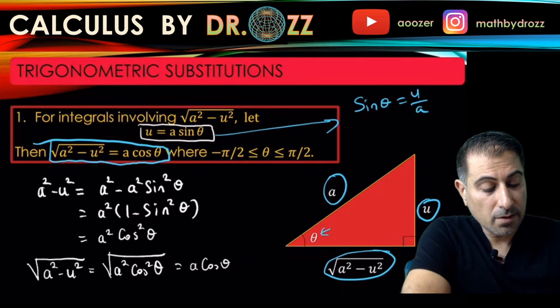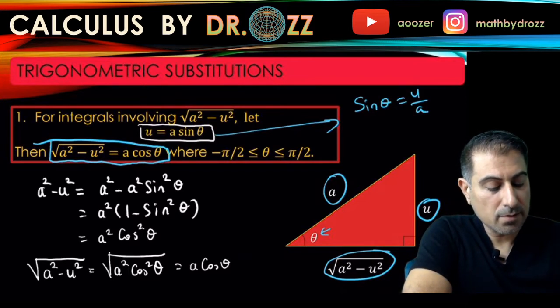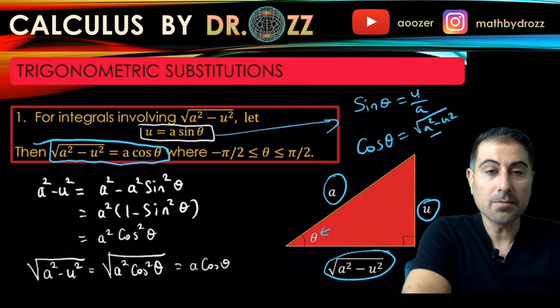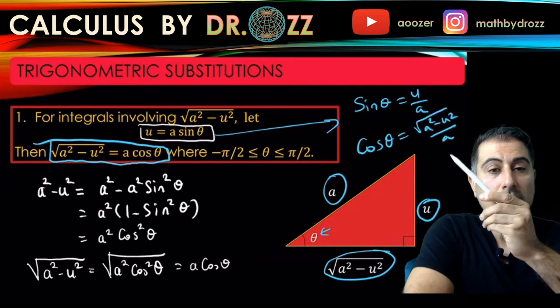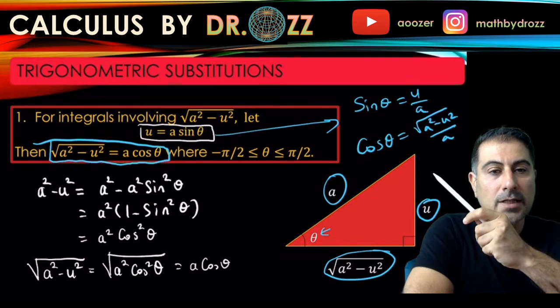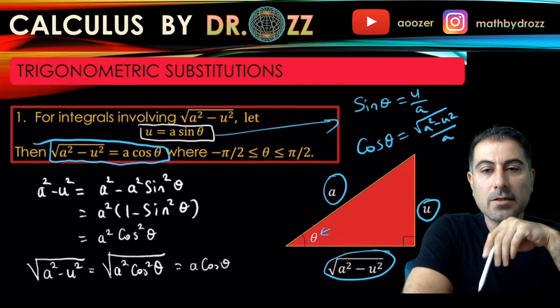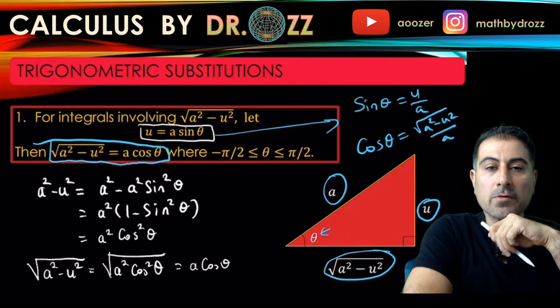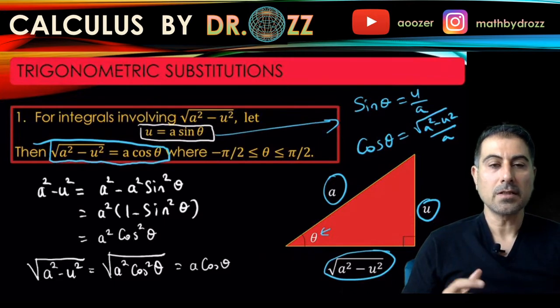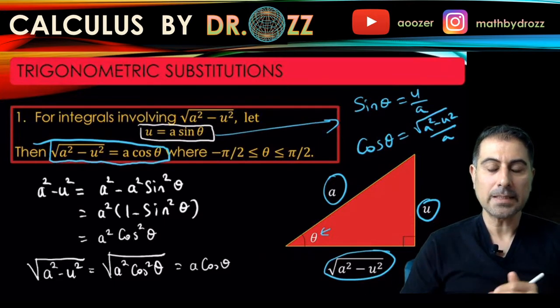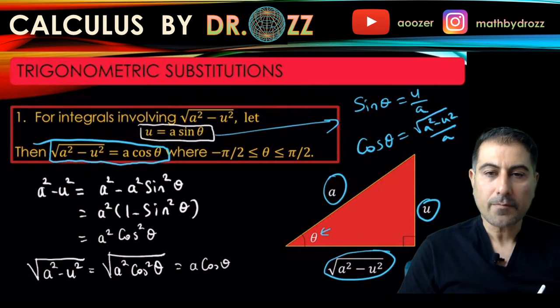As you see, cosine theta is adjacent divided by a, and that's exactly what I got here, because if you multiply both sides here by a, cosine theta equals exactly what I got here, the square root of a squared minus u squared. Okay, so we're going to try to utilize this concept here,